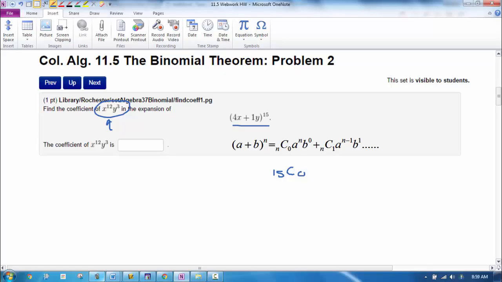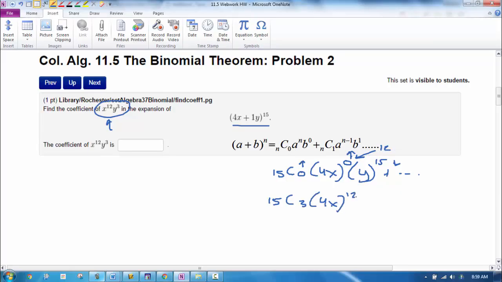0, 4x to the 0th power, and then 1y to the 15th power, and you'd keep going with that pattern where you'd raise this number, lower this number, raise this, until you get down to what you're looking for, where you have a 12 right here. That needs to be a 12. So that'd be 15C3, 4x to the